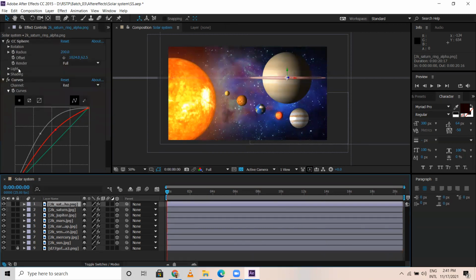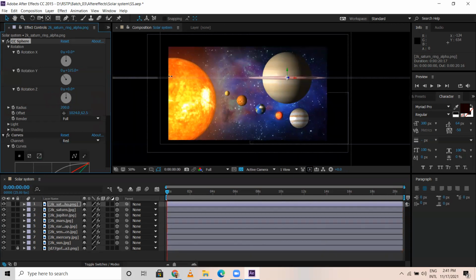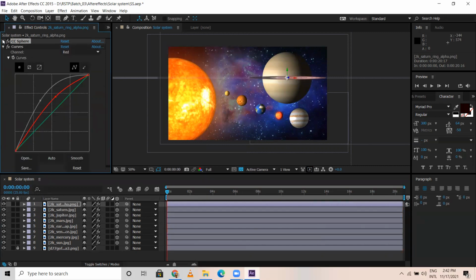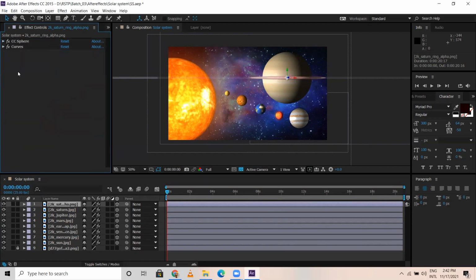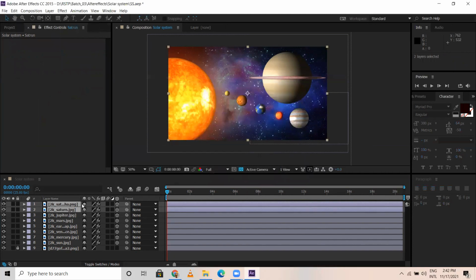Now coming to Saturn ring also. So let's not rotate this ring, let it be. Okay, only for the ring part. So I'm selecting Saturn ring and the Saturn part. So Control Shift C. Control Shift C is for pre-compose. So I name this as Saturn.